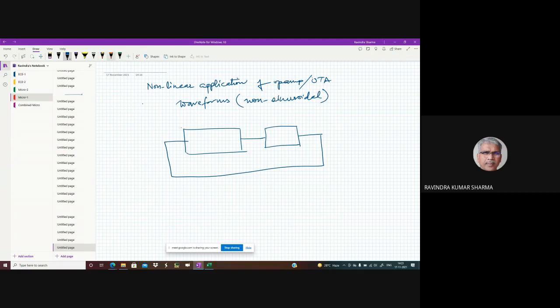So here you get the triangular wave, here you get the square wave, correct? And now for varying the frequency, this being the integrator,